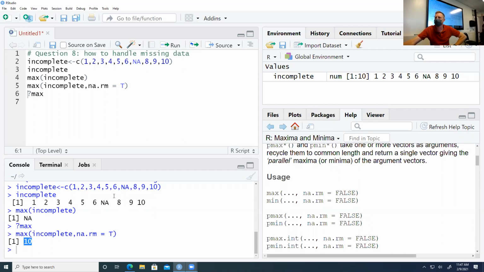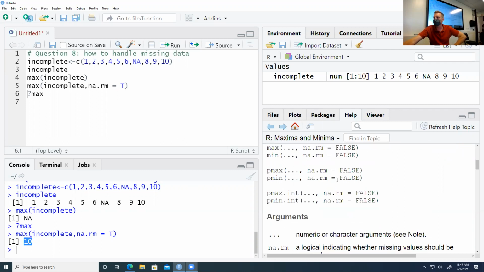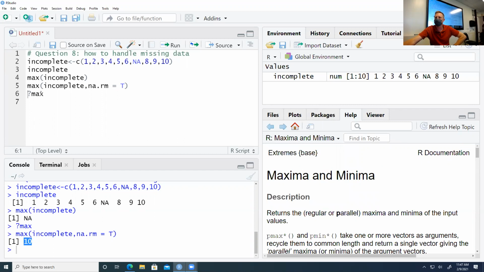So that was number 8. Anyone have any questions or thoughts about that? There's other functions that you can explore within this base package. I've just been calling out a few as we go. Okay, I'm just going to open the chat here to make sure that I don't miss any questions from anyone. Okay, it looks like the chat's empty. Well, let's just go on to number 9 then. And of course, if you have a question, we can always go back. And the last thing on question 9 on here